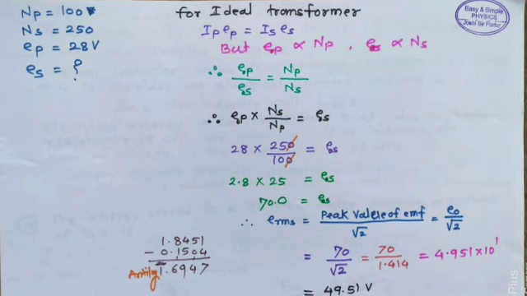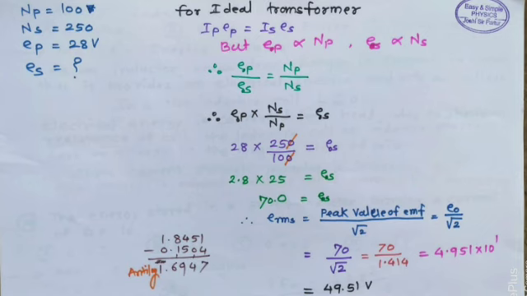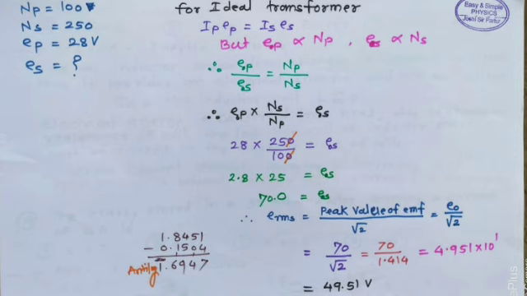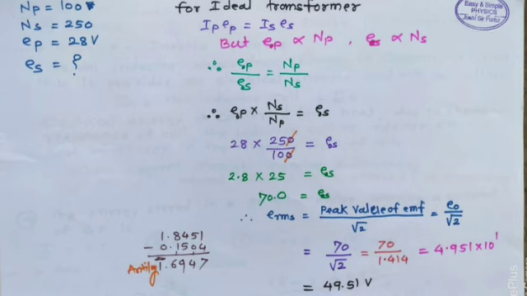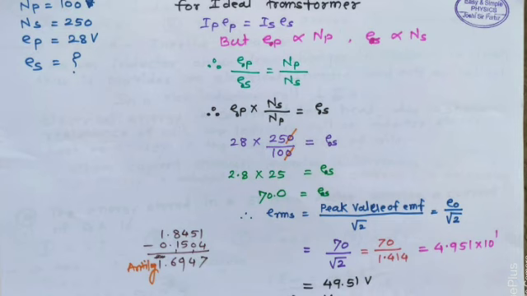The RMS secondary voltage is nearest to: option A 100 volt, B 70 volt, C 50 volt, and D 40 volt. So the answer is 50 volt, because the given data is: primary number of turns is 100, secondary number of